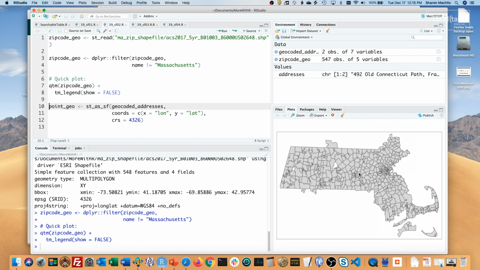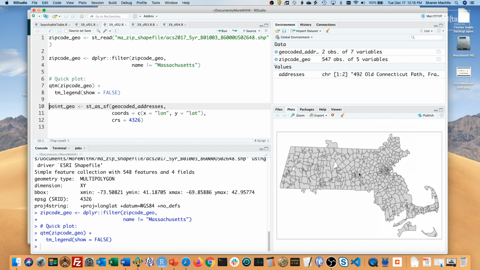Next, I want to use my geocoded address data. This is the one part that gave me trouble when I first started using sf. Right now, the latitude and longitude are stored in a plain data frame, but it needs to be converted into an sf geospatial object and with the right coordinate system. I can do that with sf's st_as_sf function. And by the way, sf functions that operate on spatial data generally start with st_. If you're wondering why, that stands for spatial and temporal.